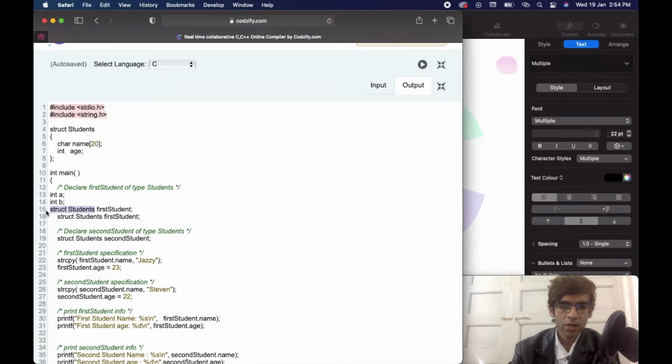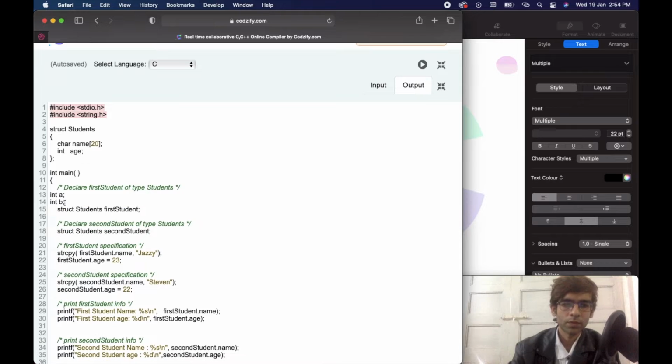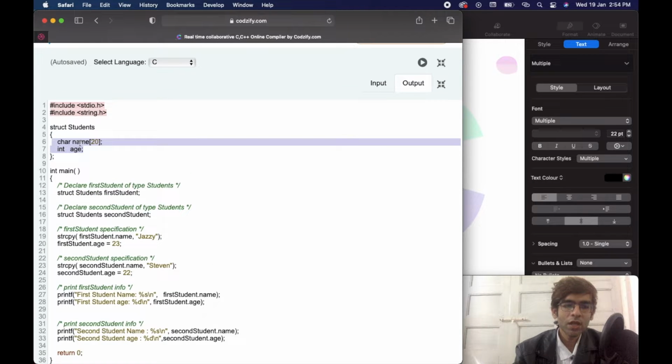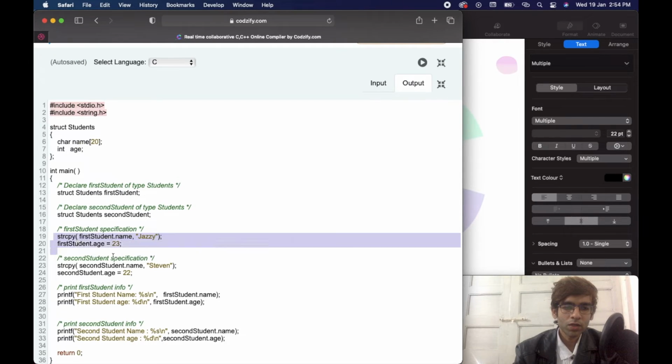So this is our int student, like this. If you compare this int and this, this is one type and this is the variable. So for this structure, I will read this line in this way: struct students and the name of the structure. Similarly, I have created one more structure here, second student. Here we have not initialized these variables with anything. Age is just declared here, name is just declared here.